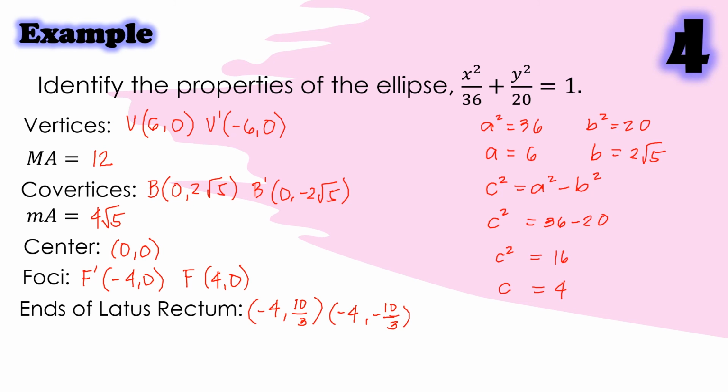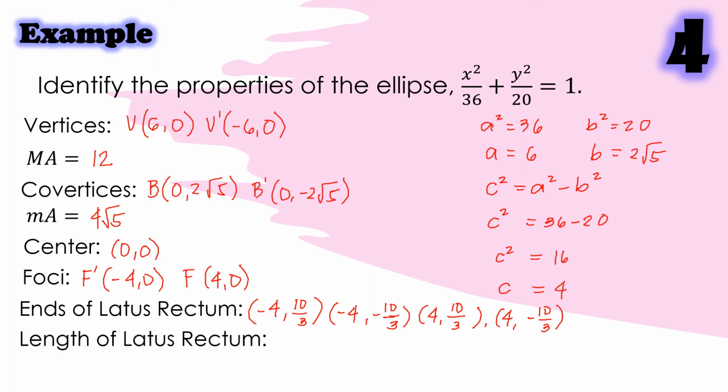Also, we have the ends of latus rectum at positive 4, 10 over 3, and positive 4, negative 10 over 3. The length of latus rectum is equal to 2b squared over a, so we have